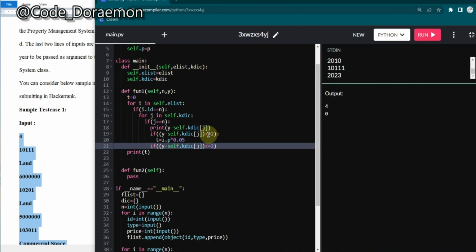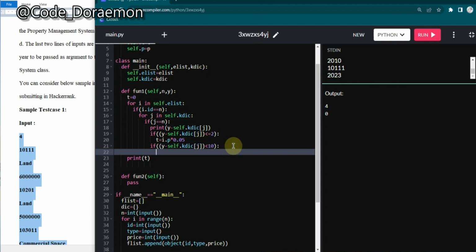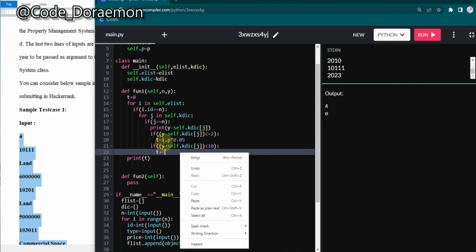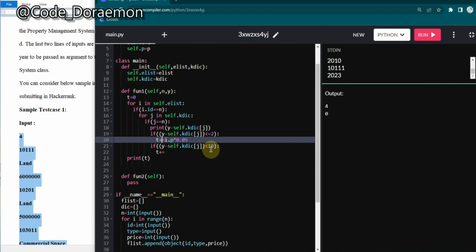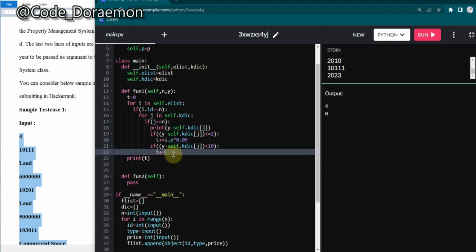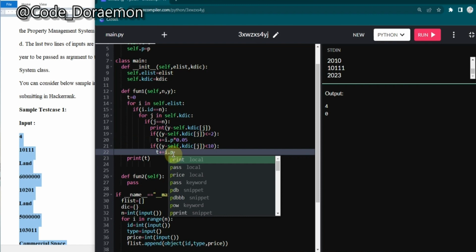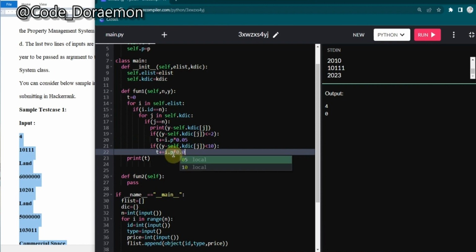So here I have given it as less than or equal to 2. So if it is greater than 3 itself, it will come to the next loop. So here what I'm going to do is, this should be like less than 10. So if it is greater than 10, we have to exclude that whole entire property. So if it is less than 10, here I'm going to put t plus equal to, here also I have to put t plus equal to. Here I also have to subtract the 5% of the property tax of the whole price, and also I have to add